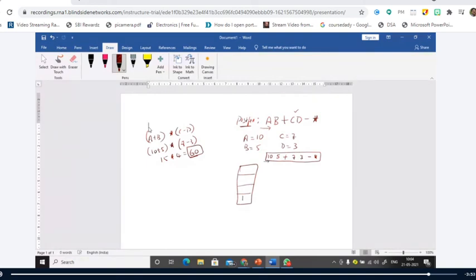Since it is an operand, push it onto the stack. Next token that is read is 5. Since it is an operand, push it onto the stack. Next element that I got is plus. If I get plus, I have to pop twice. The first popped element is placed in operand 2, and the second popped element is placed in operand 1. Now I perform the operation operand 1 OP operand 2.